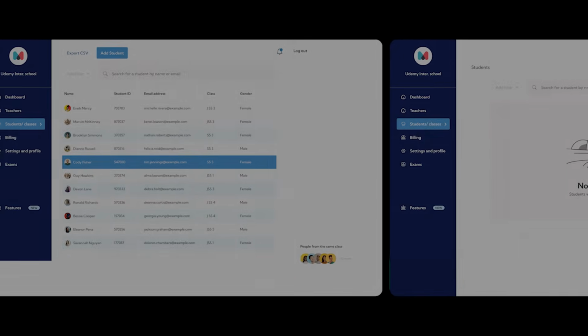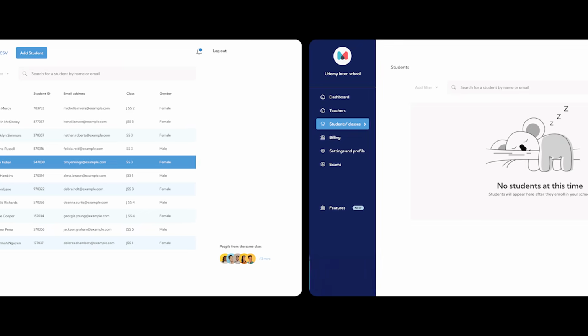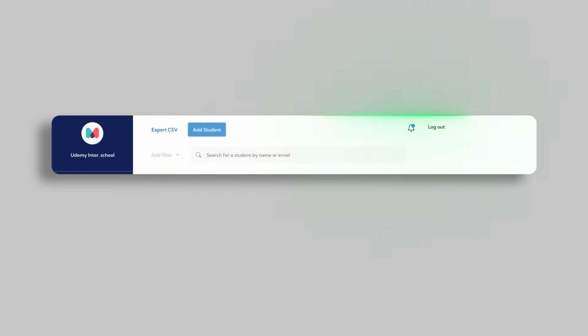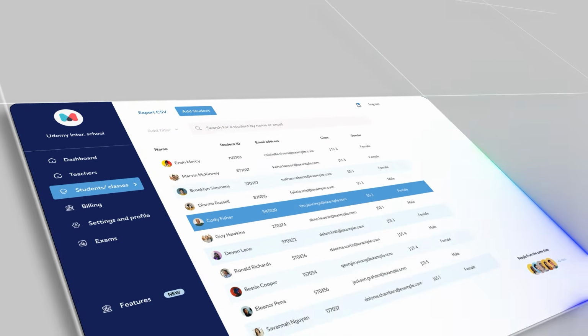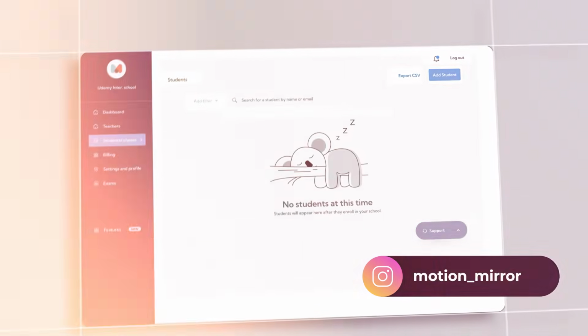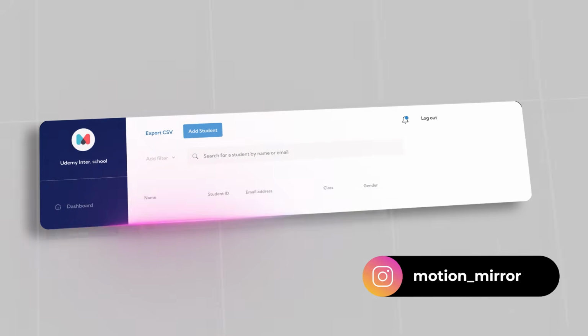Hey everyone, today we'll convert these still PNG UI images into this amazing animation completely from scratch inside After Effects. So make sure to watch till the end because you will learn lots of new tips and tricks in this